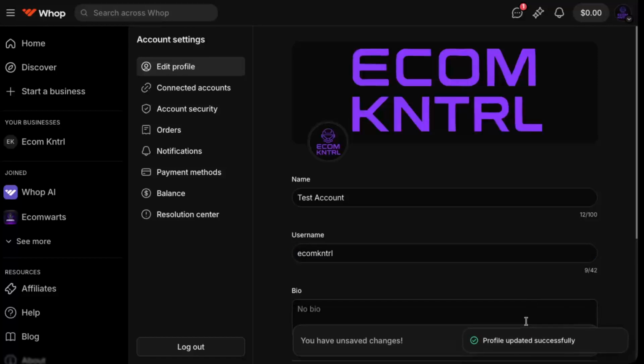Once you're happy with your new username, look for the Save Changes button on the page. This is usually located below the fields you just edited. Click on Save Changes to apply your new username. After saving, your profile will update, and your new